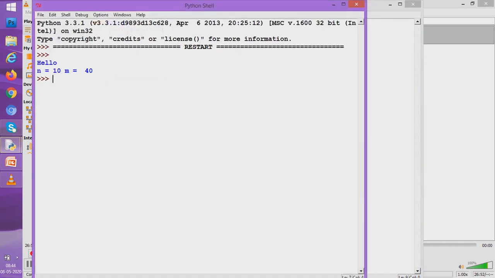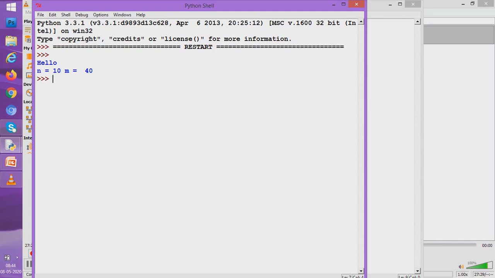Now you see hello is printed, n gets 10 surely because of the positional argument given, and m uses 40. Why m uses 40? Because while calling we had not passed any value for m, so m uses its default value. So did you see, students, you can even leave a value unpassed. Then the default value would be taken into consideration.